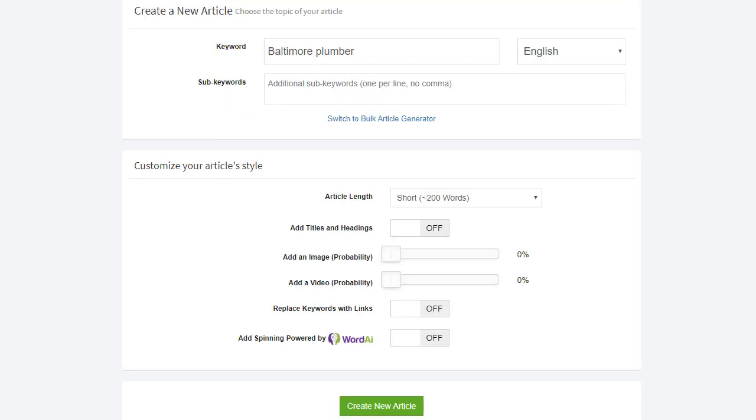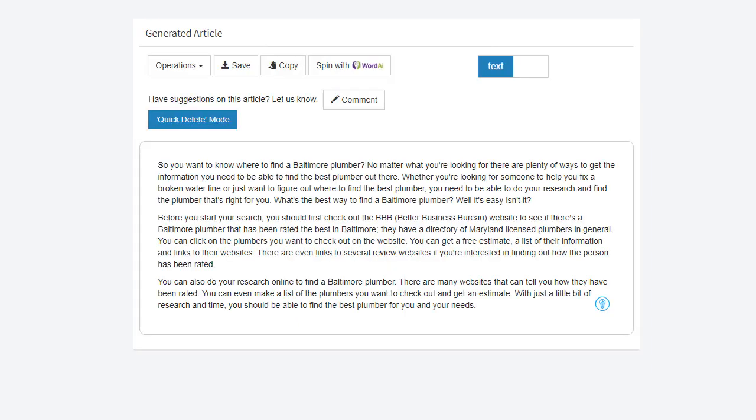Another key area where Article Forge shines now is local content. In this example, I will use Baltimore plumber. As an important note, when entering a keyword, you should use Baltimore plumber and not plumber Baltimore. The reason for that is because you will often say Baltimore plumber. For instance, I am looking for a Baltimore plumber, but you will never say, I am looking for a plumber Baltimore. Article Forge is usually smart enough to figure out how you want a keyword phrased, but to get the highest quality results, I would make sure to enter your keyword in the same way you would want Article Forge